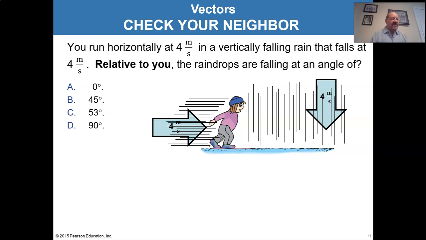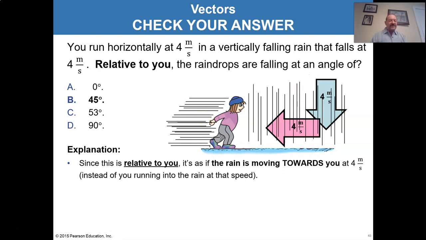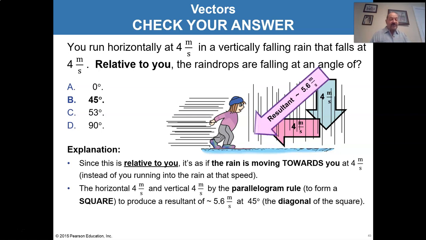Well, if you saw the last video, you already know the answer is 45 degrees. And the reason for that is that relative to you, the rain is not only moving downward, but it's also moving toward you. Make believe you're not moving, the rain looks like it's moving at you. So you have two vectors the rain appears to be doing from your point of view. And when you add those two vectors together, you get a resultant that's pointing downwards towards you at a 45-degree